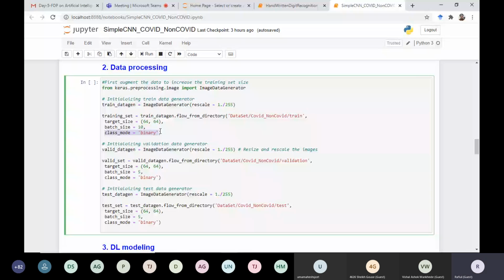Similarly, we have processed other images, those in the validation and test folder. Exactly, the codes are all the same. Only the batch size is different. For validation and test, they are 5 and 5. So if we execute this code,